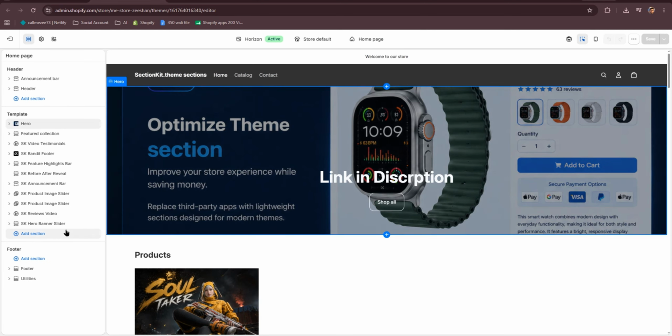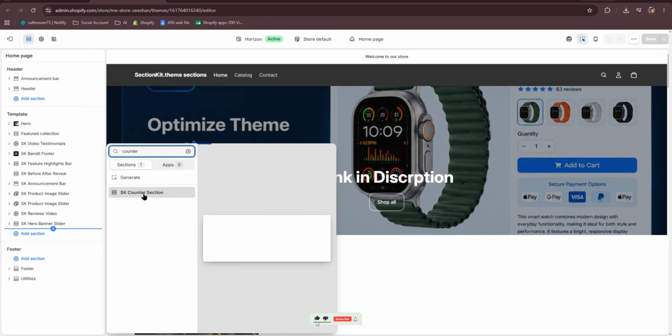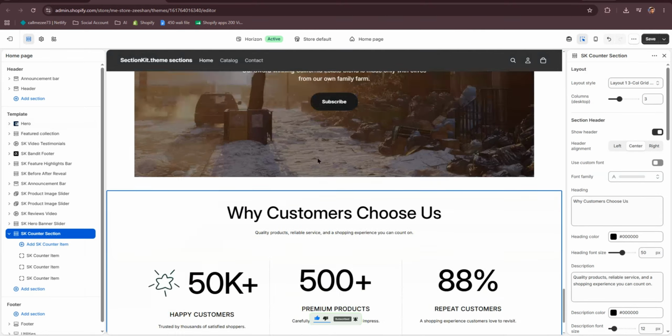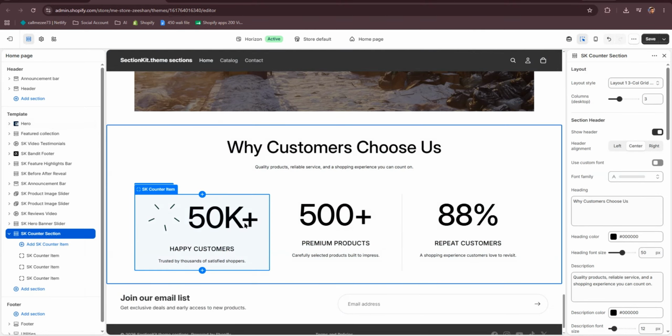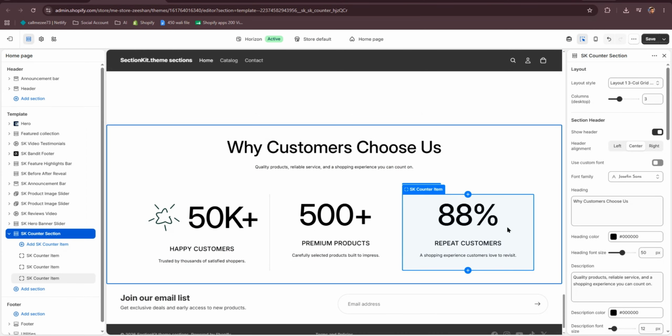Now go to Add Section and search for Counter. Select that section and it'll be added instantly. Now let's scroll down and customize it together. First, let's change the heading. I'll just update it to Us to show you how you can change this according to your own store or